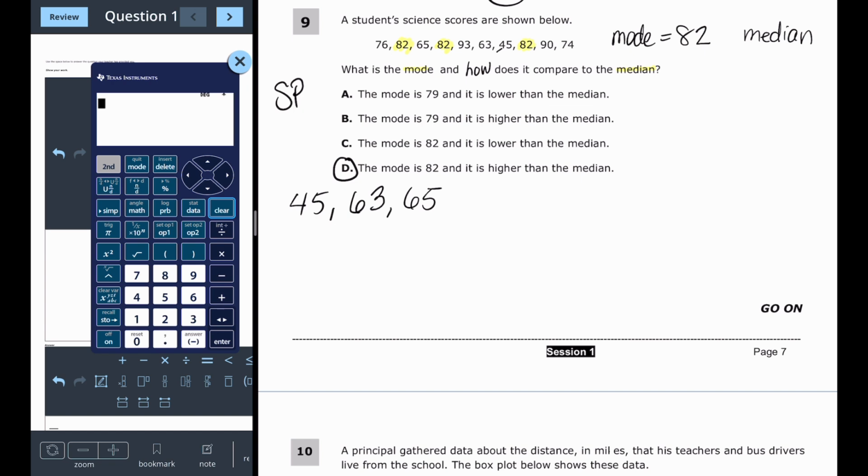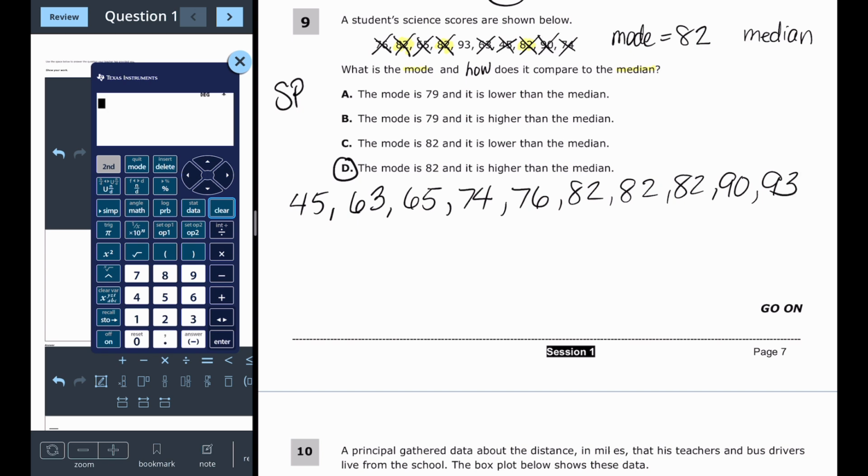65, so I'm going to cross out. Okay, 74, 76. And now I have to write 82 3 times because I have 3 values with 82. And then 90 and 93. So there are tons of hotspots here. With one, just copying down the numbers, I made 2 mistakes. So I try to just take my time and just write out the numbers since you have a bunch of